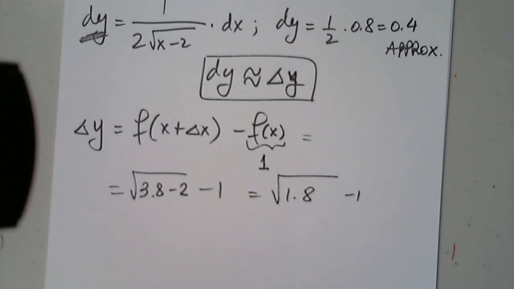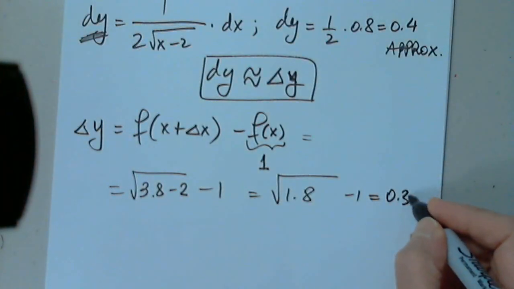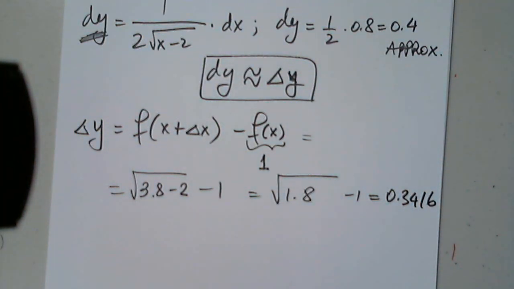So I will put this in the graphing calculator. And I have, let me clear all this. The square root of 1.8. And of course outside minus 1. And this has to be close to 0.4. So this is 0.3416. And this is the absolute exact. You can say it's not